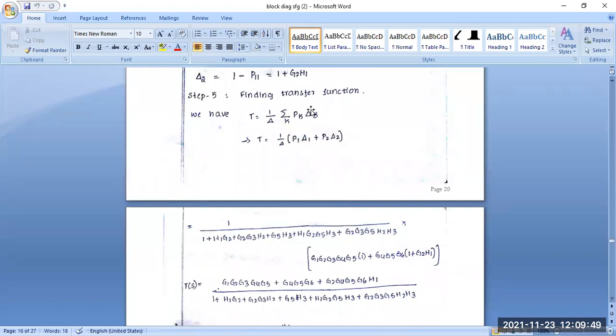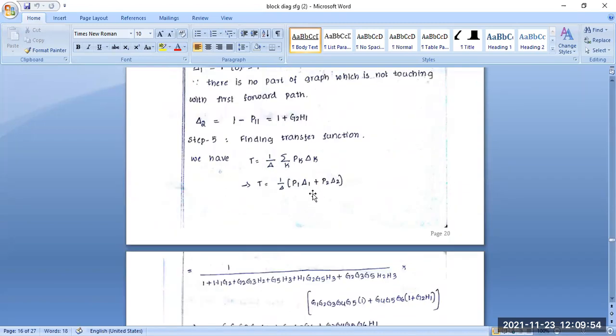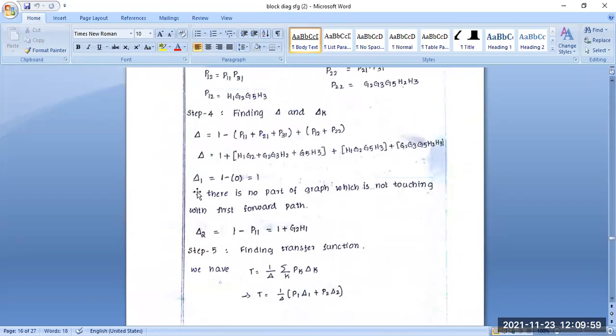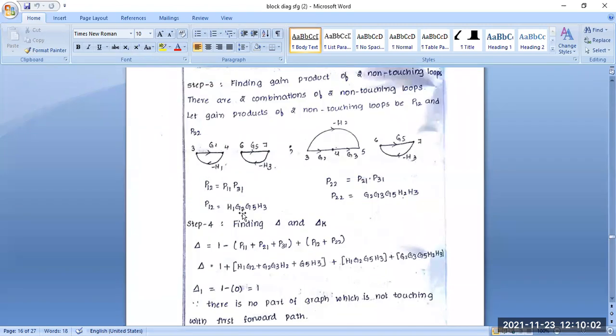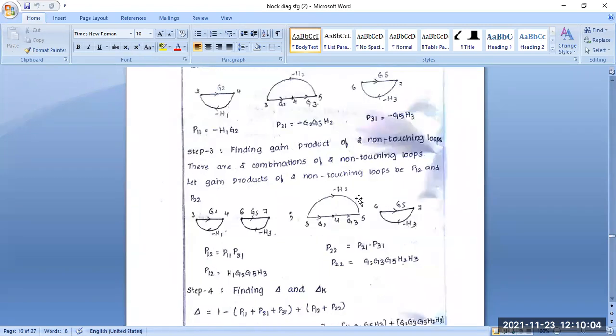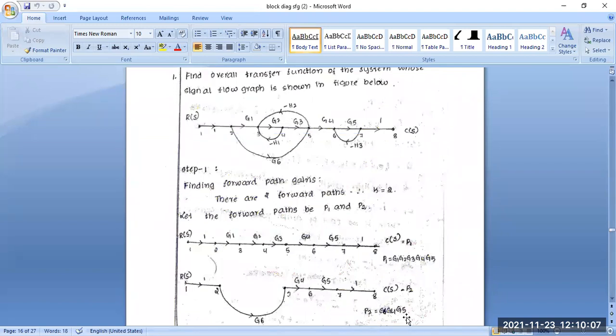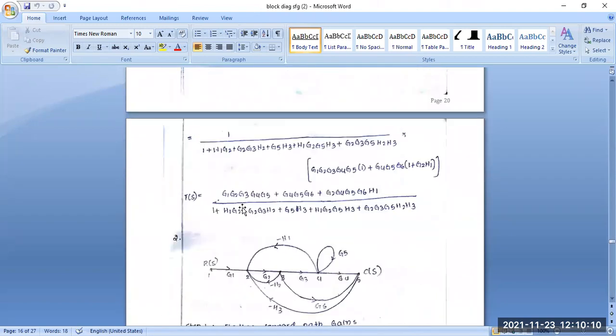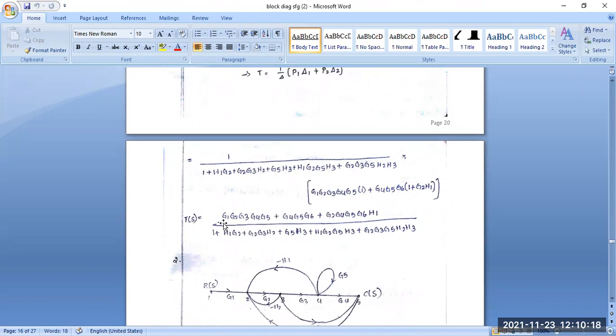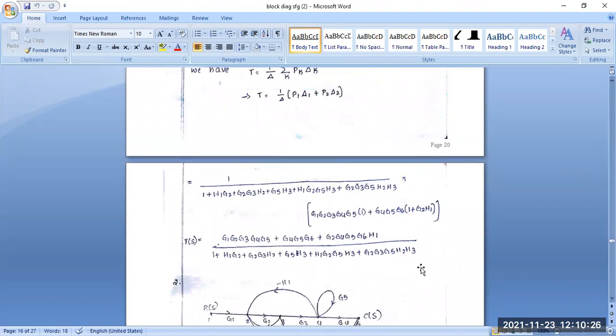Now you have to put in the values from here. You have to know the value of P1, del 1, P2 and delta 2. Here you have to calculate del 1 and del 2 and also P1 and P2. In that case, we have to apply this is P1 and this is P2. So you can easily input these values from here and multiply in each and every case. So when you solve the transfer function, it is coming in that case. This transfer function is equal to output by input. Okay, is it clear to all of you?